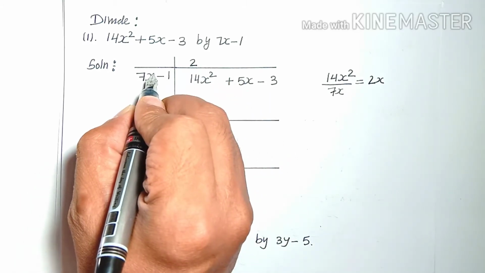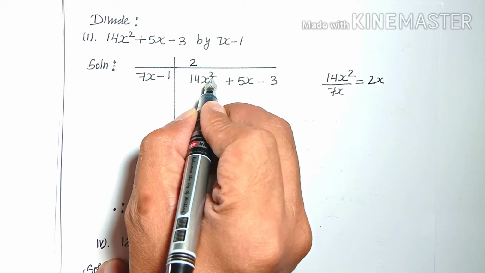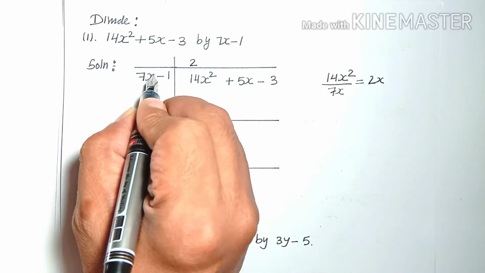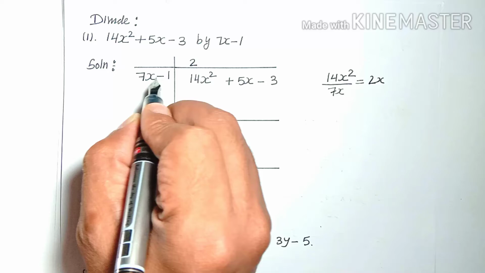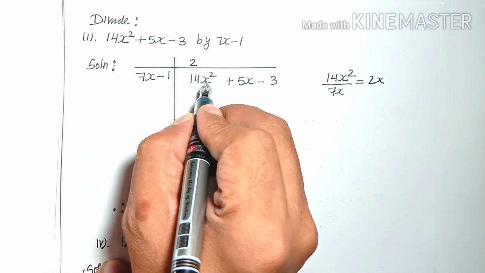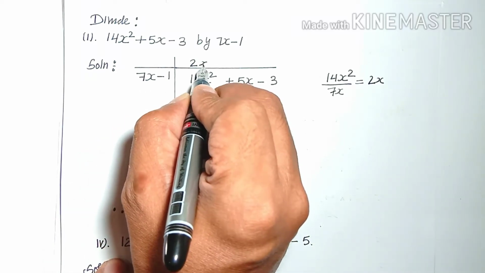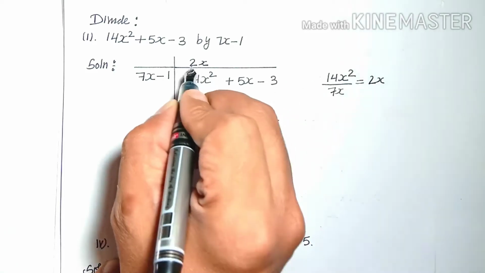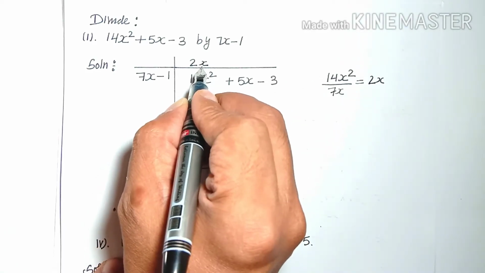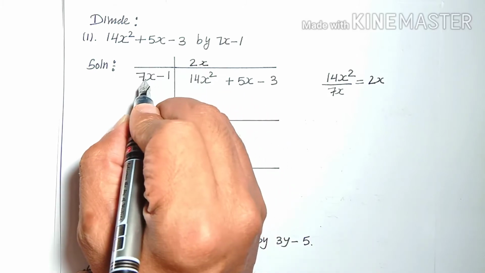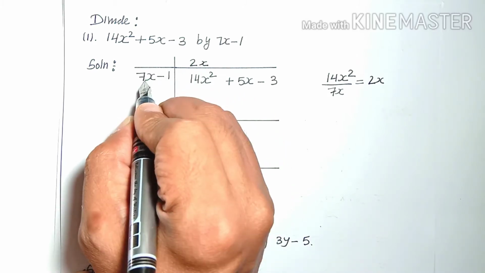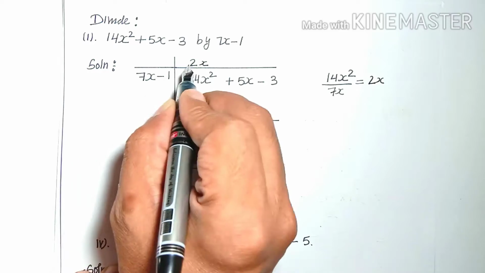And here we have variable 1. Here the power is 2. Here the power is 1. So what we do here, how many x more we need to get x squared? That is x. That means we can see we got the same result here. And then after getting this, you'll have to multiply these two terms first. So if you multiply these two, you'll be getting here